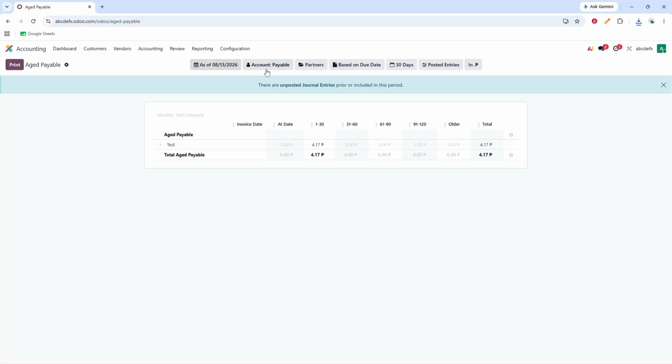After that, use the Account Payable filter to select or narrow down the payable accounts included in the report. If your company uses multiple payable accounts, this helps you focus only on the ones you want to analyze. You can also click Partners if you want to view payables for specific vendors only. This is helpful when you're reviewing one supplier at a time, or checking the status of selected accounts instead of